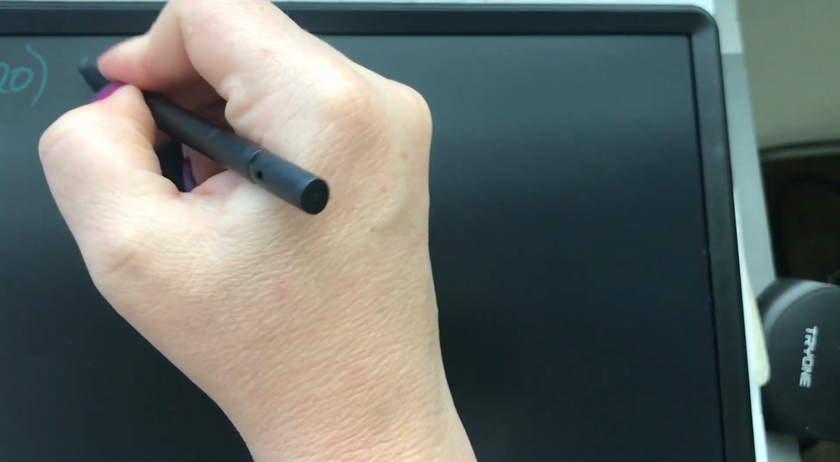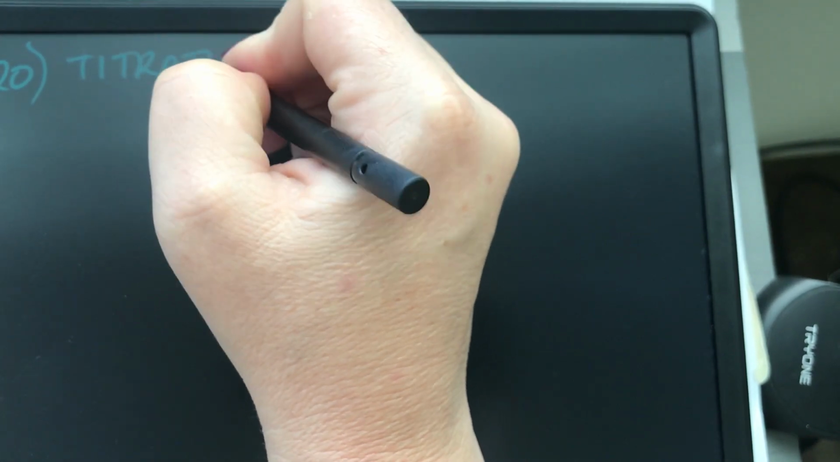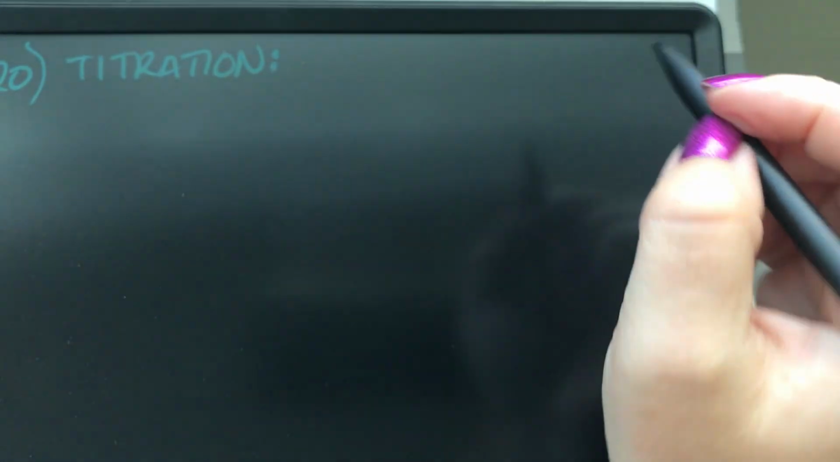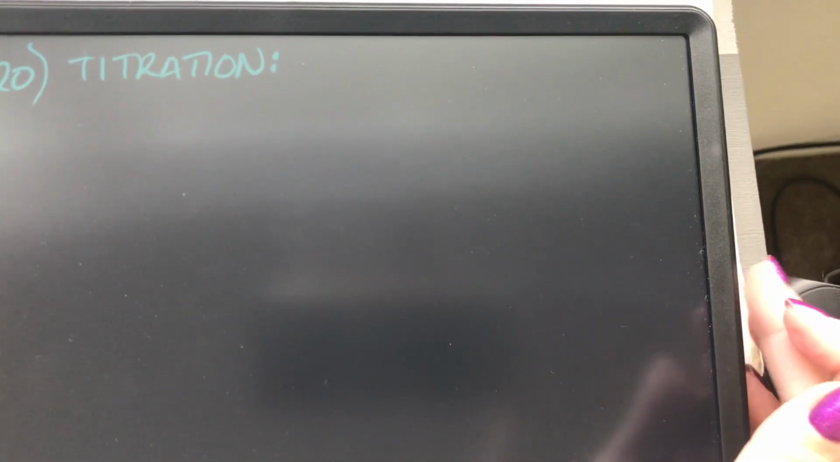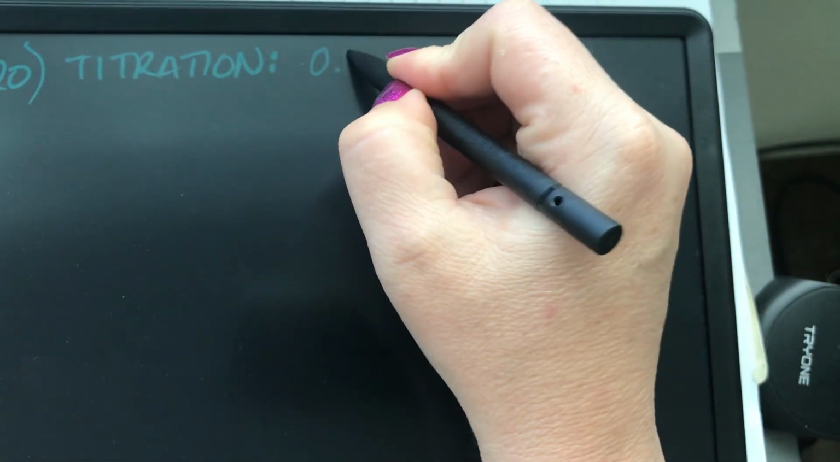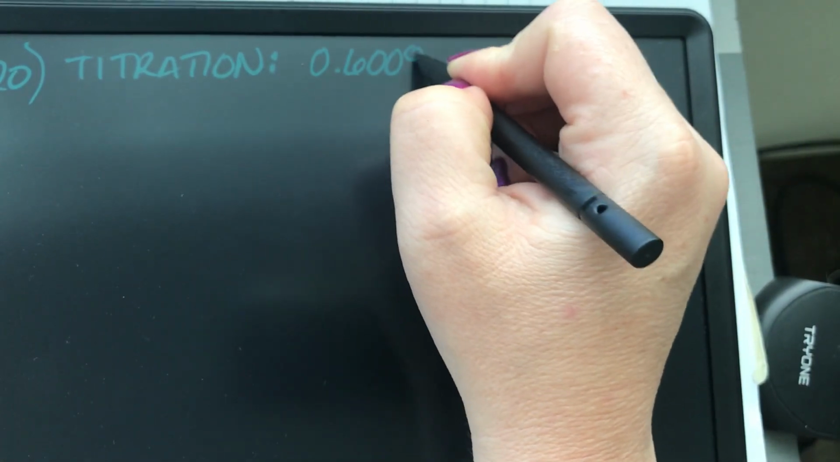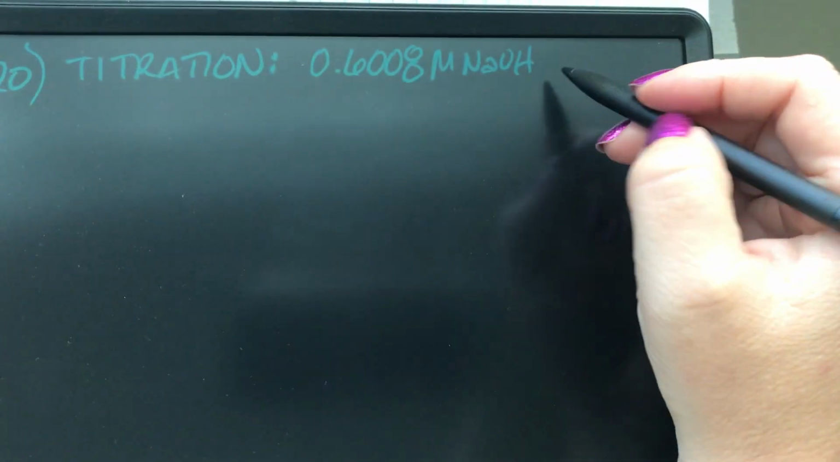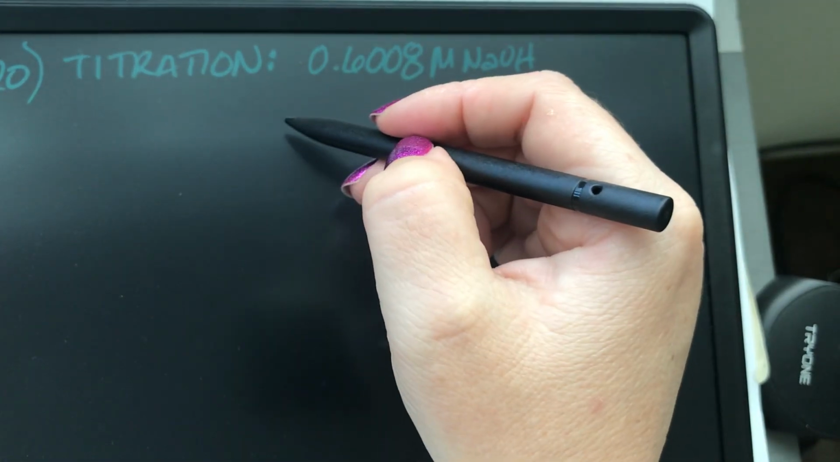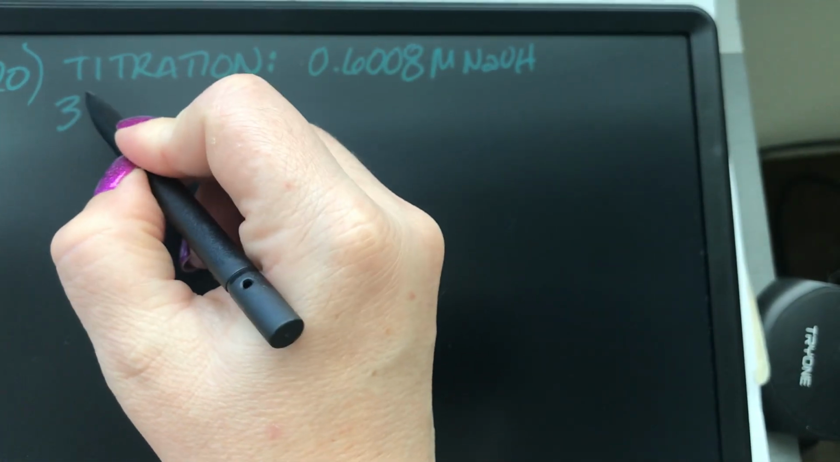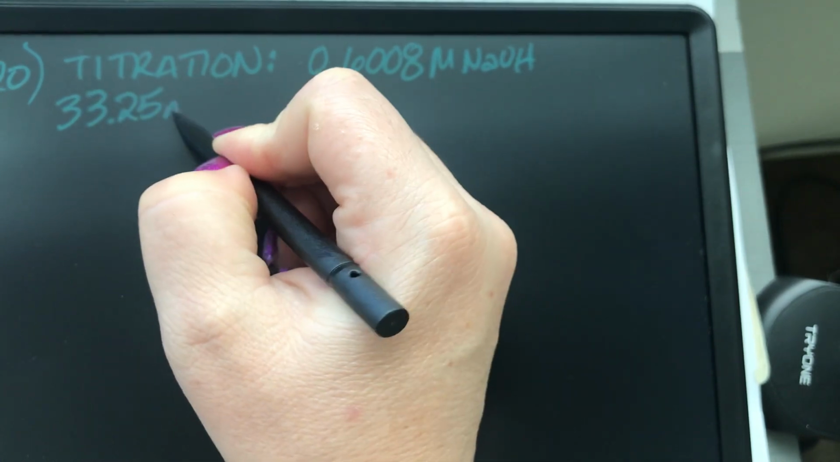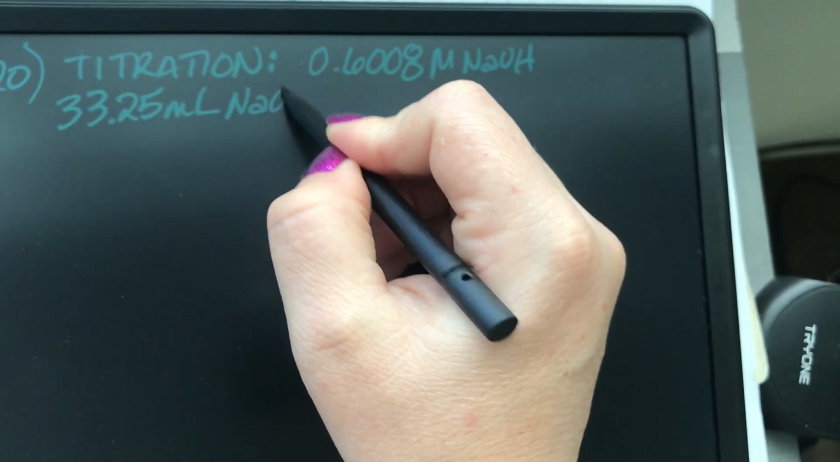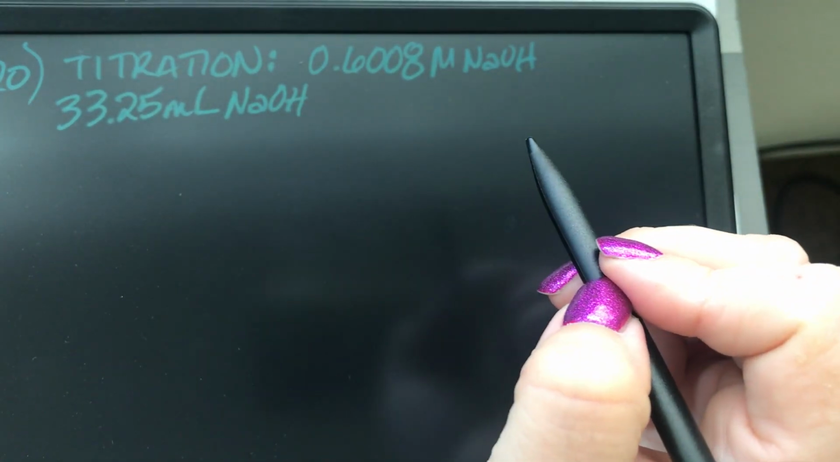Okay, so let's look at problem 20, which is a titration. Okay. And the problem has a solution of sodium hydroxide standardized to a concentration of 0.6008 molar NaOH. And we require 33.25 milliliters of the sodium hydroxide solution to